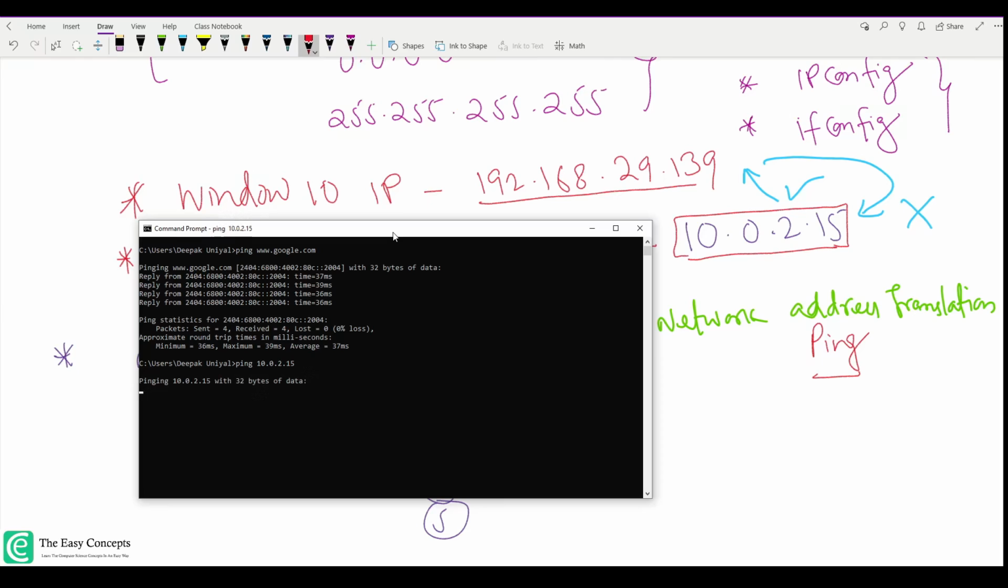10.0.2.15, and now it's waiting for the data or response, and the request has timed out. So it's not able to access the machine that is inside that VirtualBox. Alright, now get inside that VirtualBox and try to access this IP address